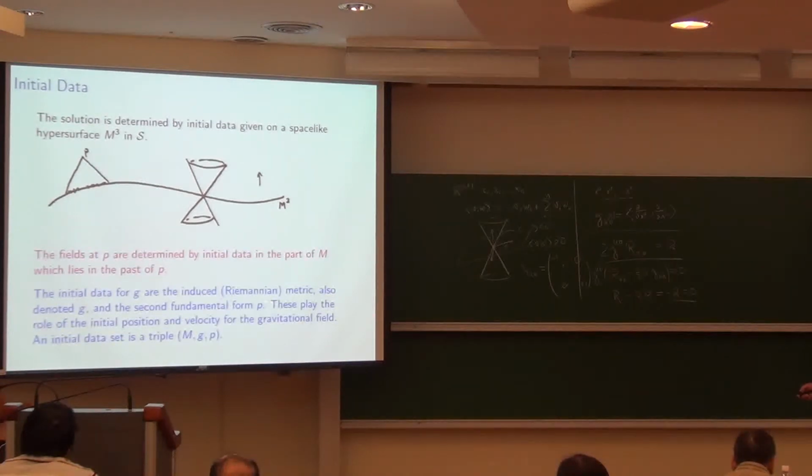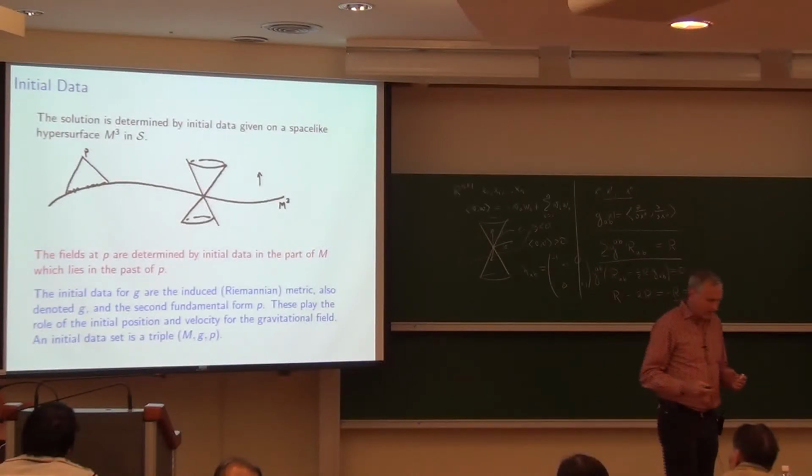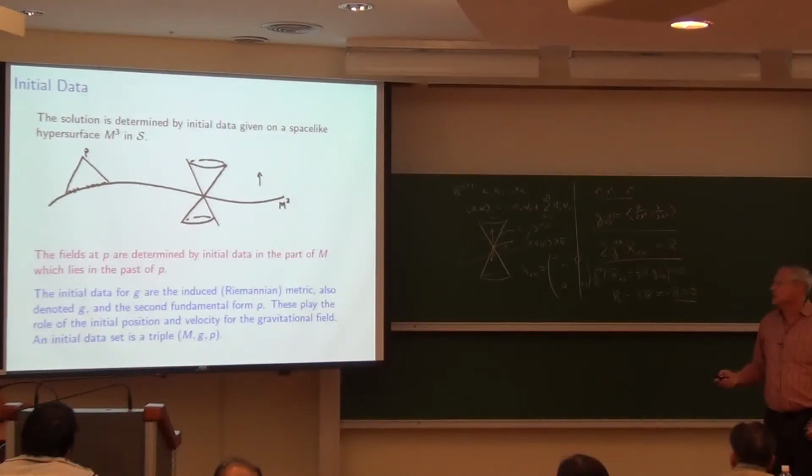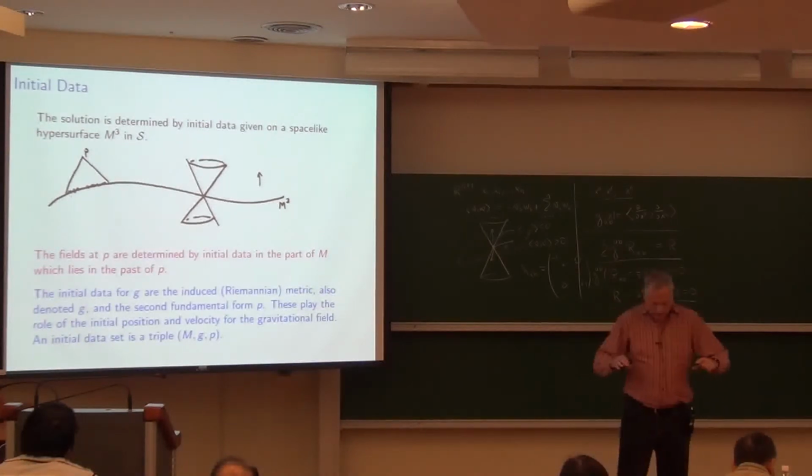Let me explain why. First of all, that sounds a little odd, because how many Einstein equations are there? Let's say we're in 4 dimensions. It's a 4x4 system of equations, and it's symmetric. So there are 10 Einstein equations. On the other hand, the restricted metric, that is the induced metric, is only a 3x3 matrix. So there are only 6 components for that, and so we're missing 4 components for the